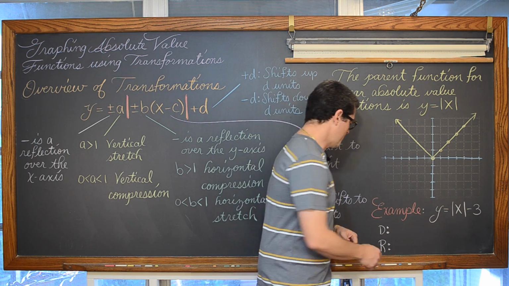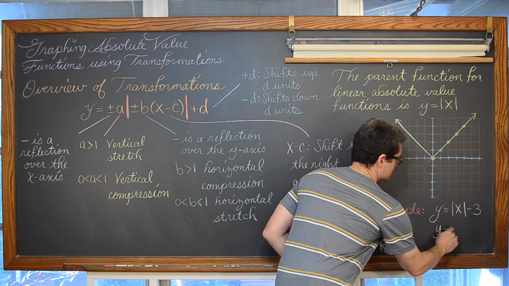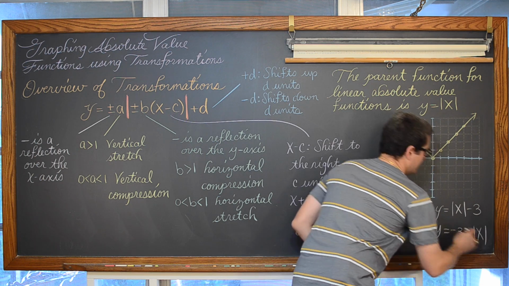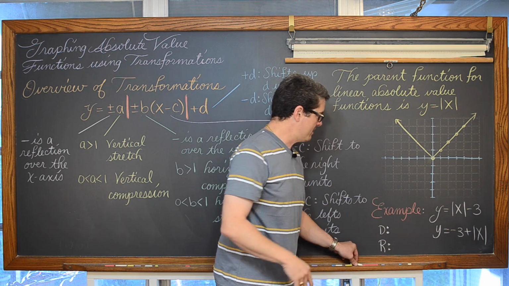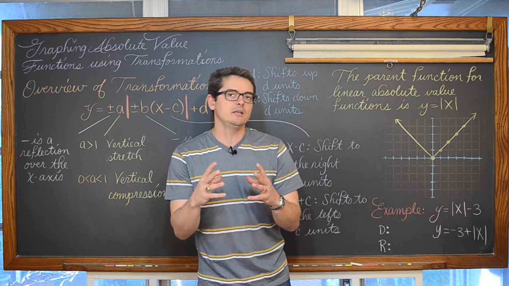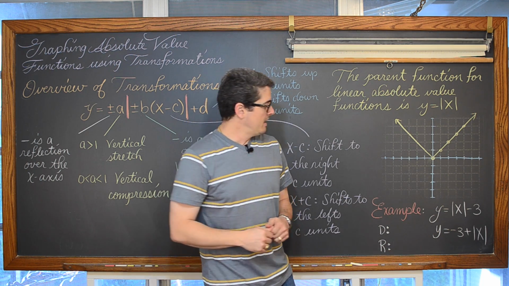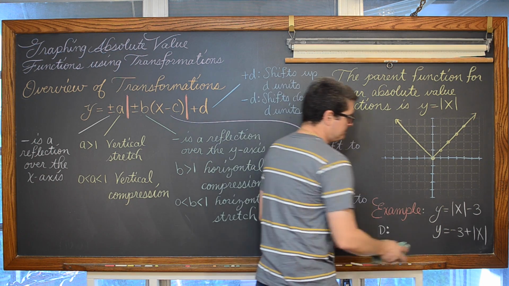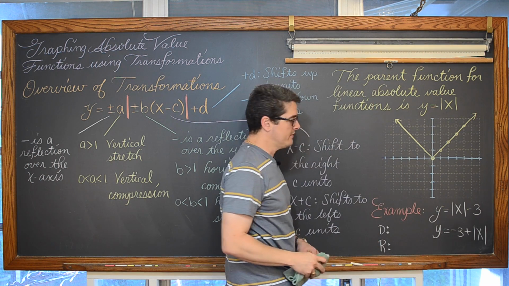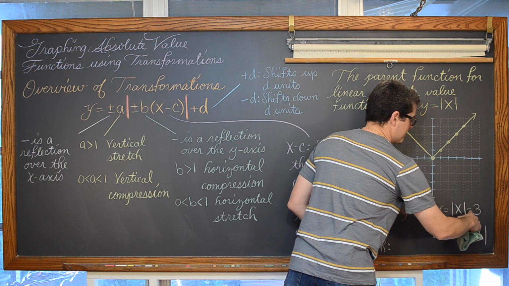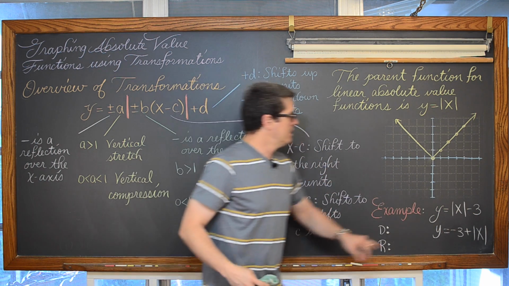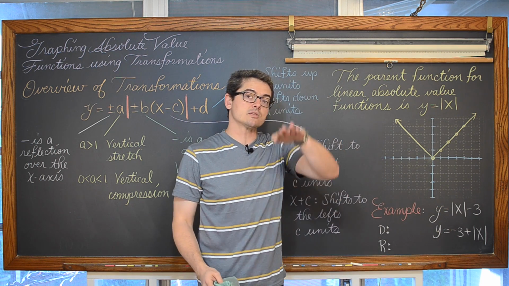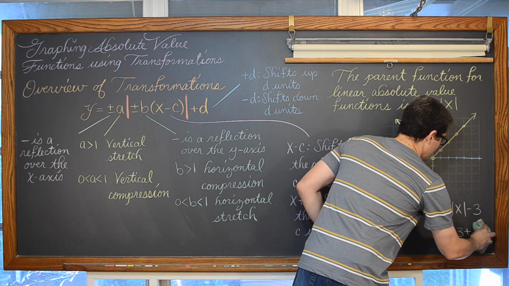It actually can be at the beginning, too. It could be written as, I'm going to have to erase this to have room, but it could be written as y is equal to negative 3 plus the absolute value of x. It doesn't matter that it's at the end. What matters is we have a subtraction of 3 that's not inside the math function. And that means it's a vertical movement up or down. And so you're going to plug in an x, you're going to take the absolute value of it, and then you're going to take all of those answers, before you finalize all your answers of y, you're going to take whatever that is and subtract 3. So all of your answers, all your y values are going to get smaller by a value of 3.